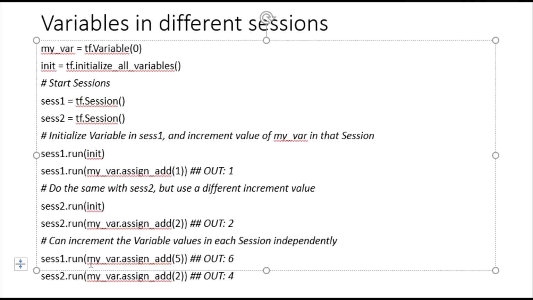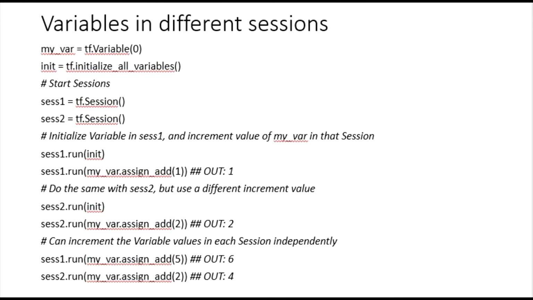But here is the important part. So now if you do it in session 1, the current value of myvar was 1. If you increment it by 5 you would get 6. If you increment by 2 in session 2 you will get 4, because in session 2 myvar is 2 right now. Alright,